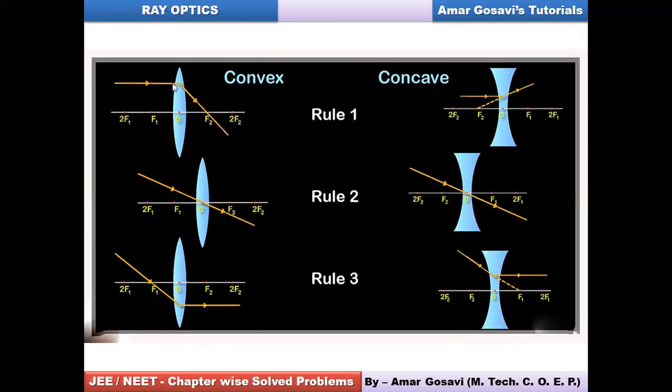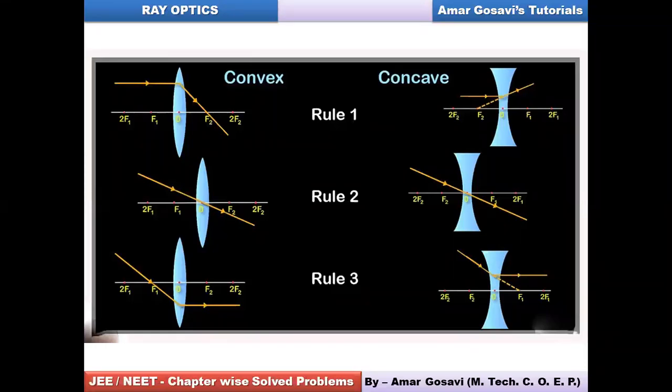For the convex side, you can see how you place the ray diagram. From the optical center, you measure a distance till f1, the same distance till 2f1. Same thing you do over here on the other side, f2 and 2f2. Everywhere you have placed the distances in a similar manner, you can see. All right. Now, what's the first ray? The first ray, always the object is kept on the left hand side. The ray comes from the object, it moves parallel to the principal axis, and after refraction, not reflection, after refraction, it will move through the focus on the other side, you can see. This is the first ray.